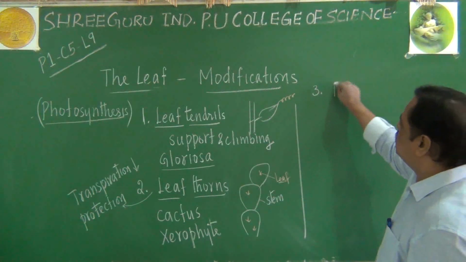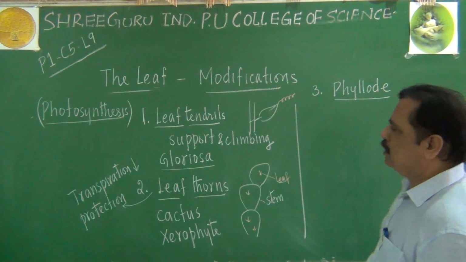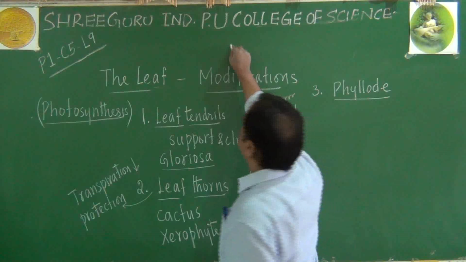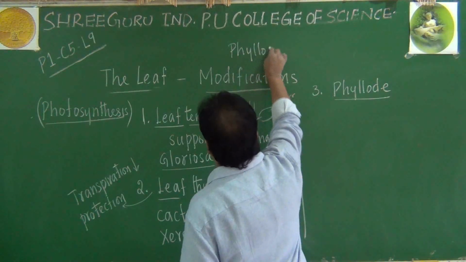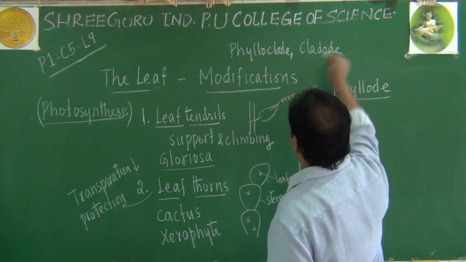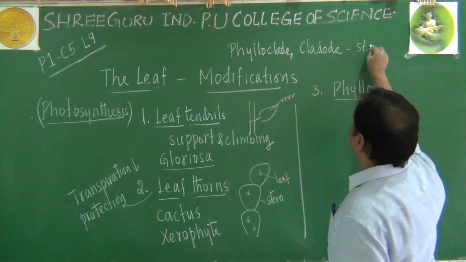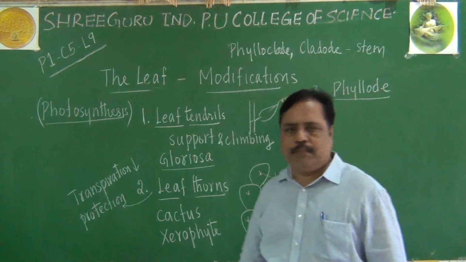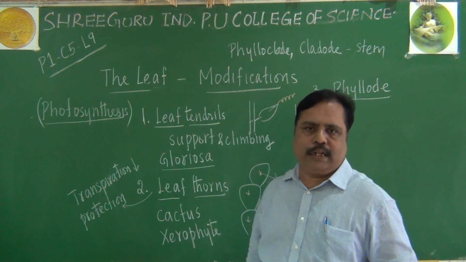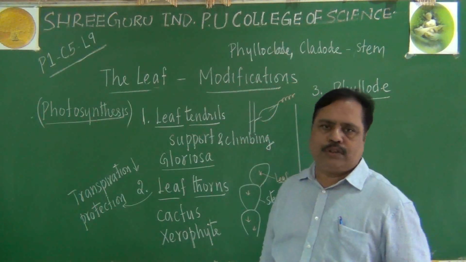There is a condition in some plants called phyllodes. The three terminologies: phylloclad, cladode and phyllodes. Phylloclad we have seen already. Cladode we have seen already. Now I am telling you about phyllodes. Phylloclad and cladode were studied under stem modification. You may remember, this is the phylloclad also. The same diagram, the same example we have seen for phylloclad, where the stem will be performing photosynthesis. The stem will be doing the work of photosynthesis.